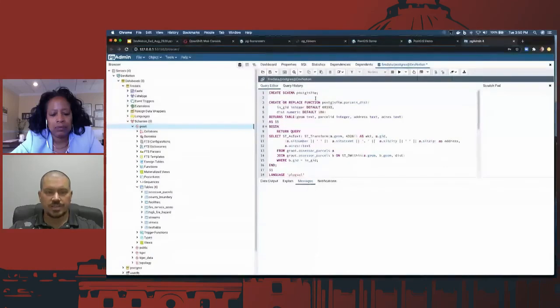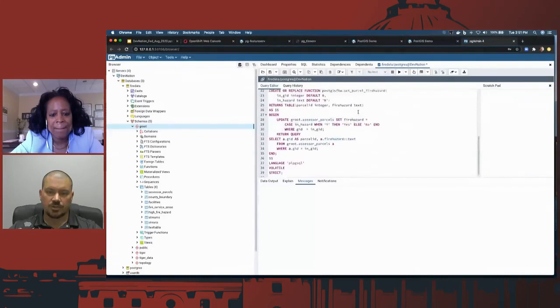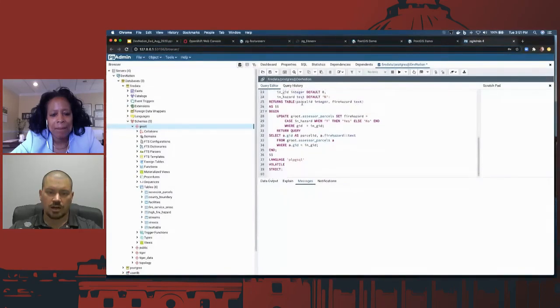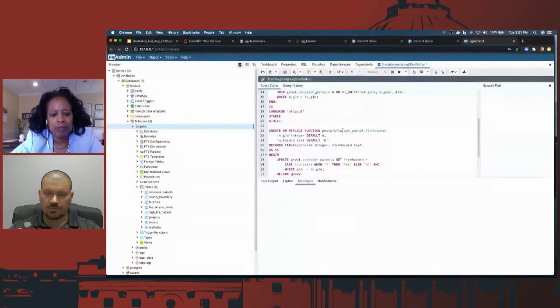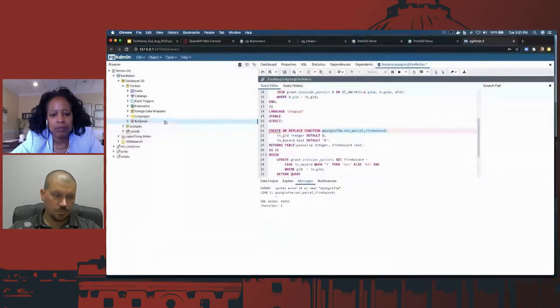So the three things that this command is going to do: it's going to create a new schema. pg_featureserv does require all of the functions to be in this schema, postgisftw, PostGIS for the web. One function is for our parcels distance search, and the other one is for our update to be able to set the fire hazard attribute from yes to no. So just by adding those two functions to the database, if I refresh, we can see that we now have,